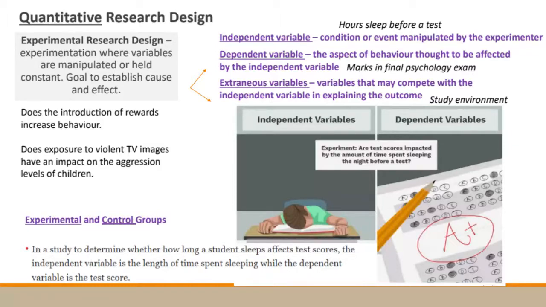So we could restrict people's sleeping time. We could make a whole group of people stay awake, or we could make a whole lot of people go to sleep. So that's the independent variable that we can manipulate, and we want to see what is the outcome of that on marks in a final psychology exam. So the final psychology exam, those marks are the,